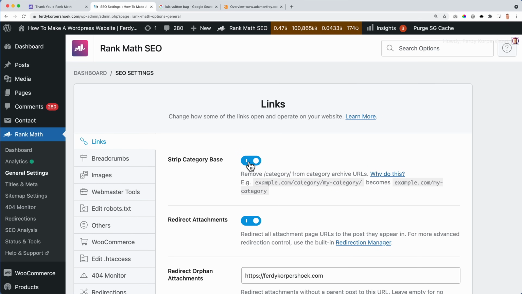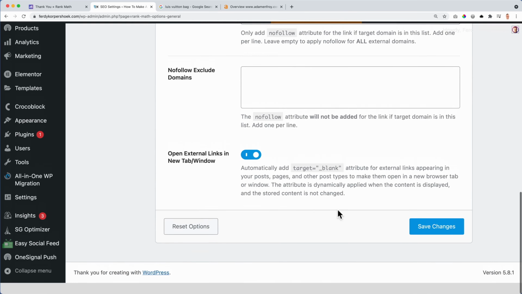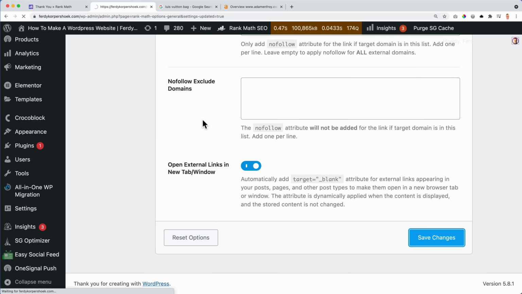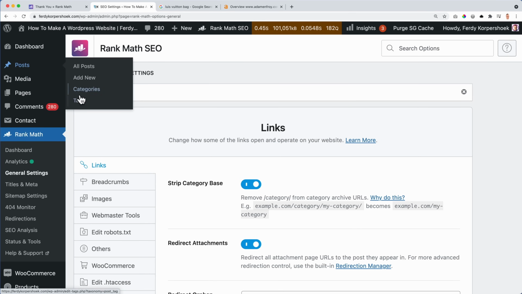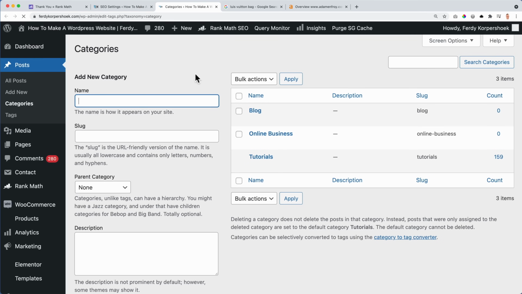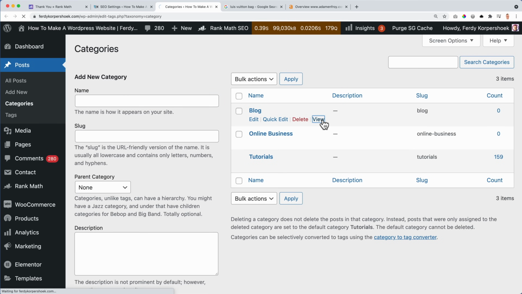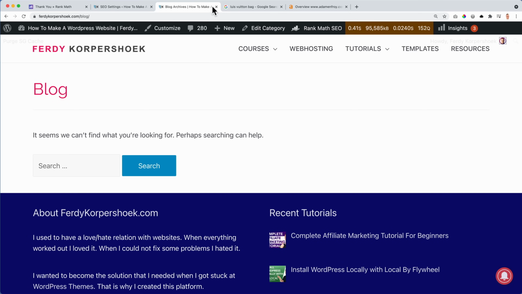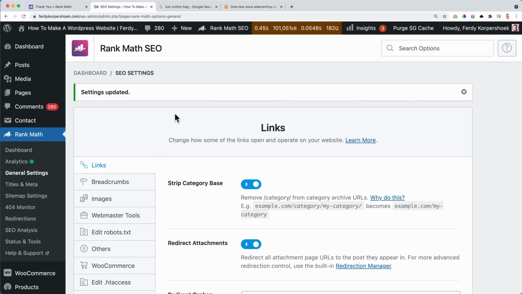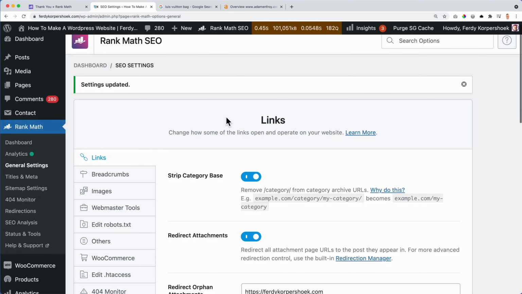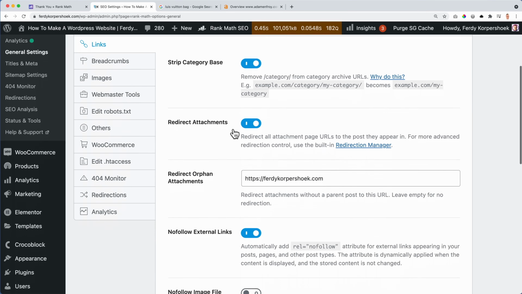By clicking here, then it will look better. So if I save this and I go to posts, categories, and I view the category, it's gone. So again, it's not an advantage in SEO search results, but it looks better in my opinion.